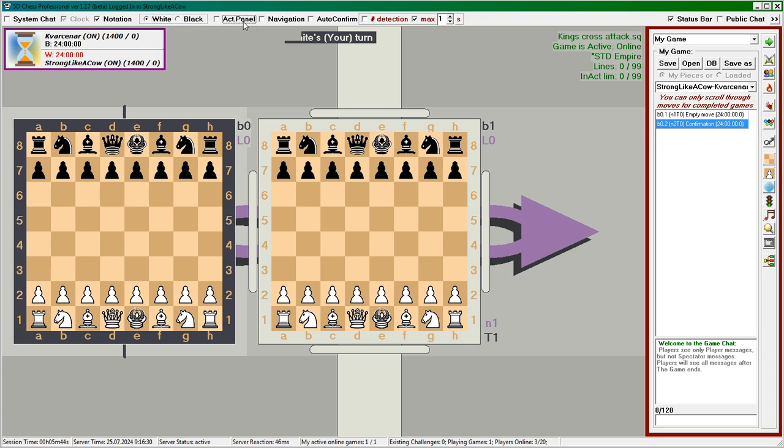Let's look at the buttons on this panel. The first button, Postpone Game, is inactive for now. This feature is still being considered at the time of this video. I am thinking about 2 options. Either to implement it as a help to the opponent in case they lose their internet connection, and then it